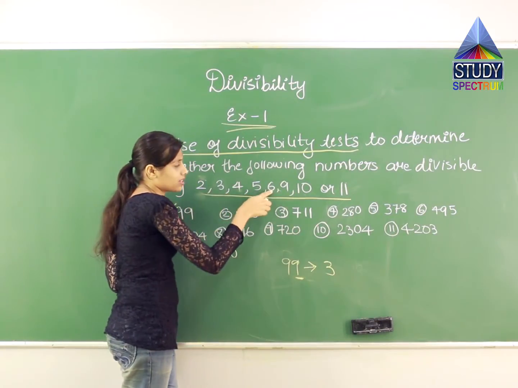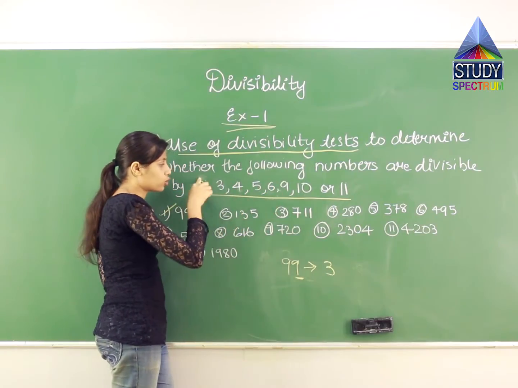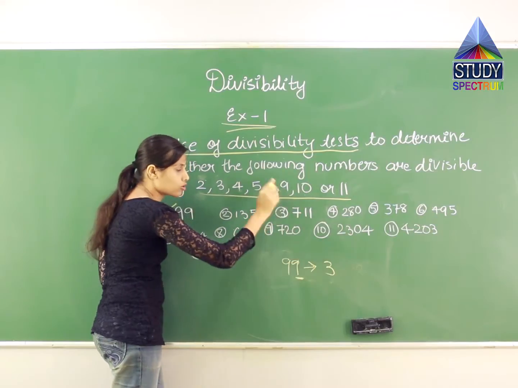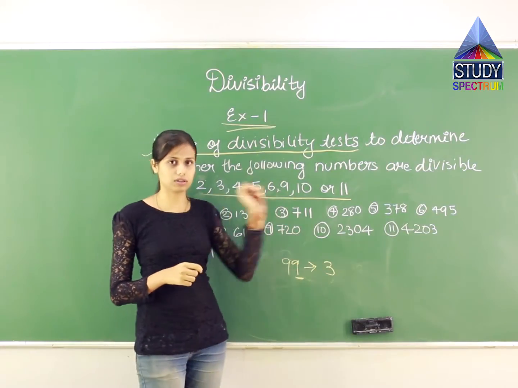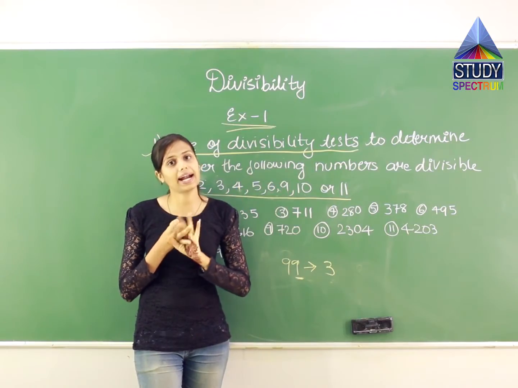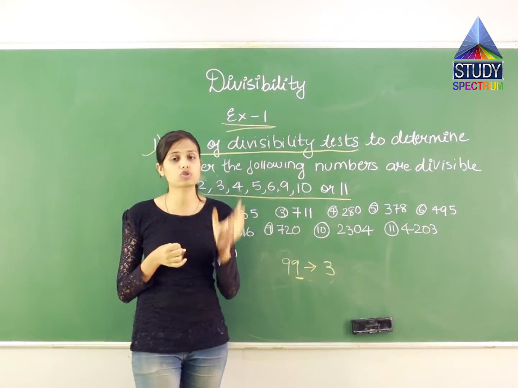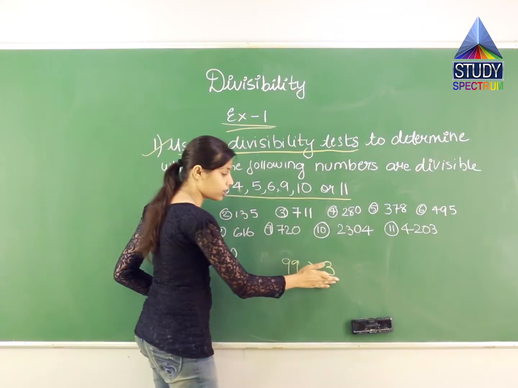Now another check, that is for 6. 6 का सिंपल है, तुमने अगर इतना किया ना तो अगर 2 और 3 यहाँ पे मैं देखती हूँ ना तो वो 6 भी आएगा. Because what is the condition for the divisibility by 6? It should be divisible by 2 and 3. Remember I am saying and, means 2 के साथ भी divisible होना चाहिए, 3 के साथ भी होना चाहिए. अब here